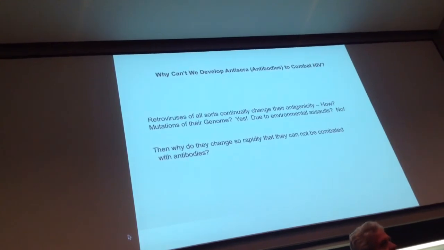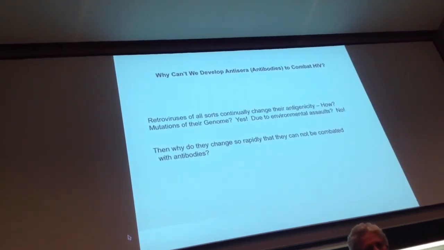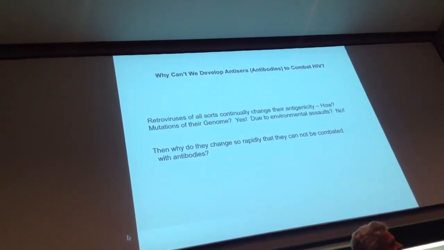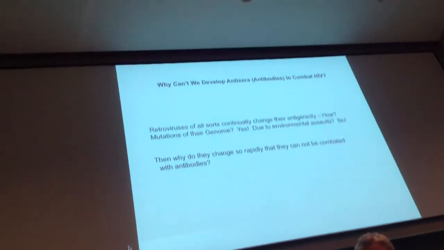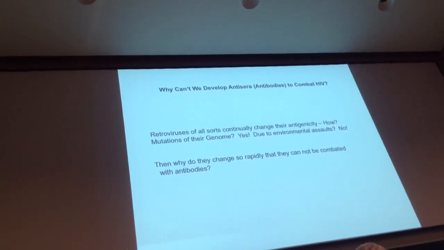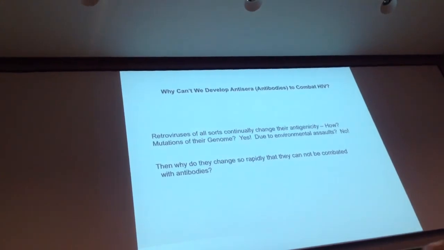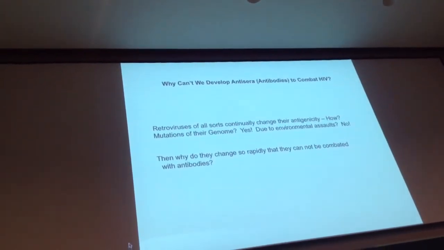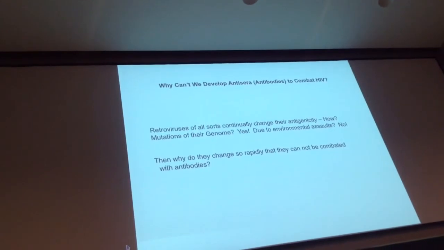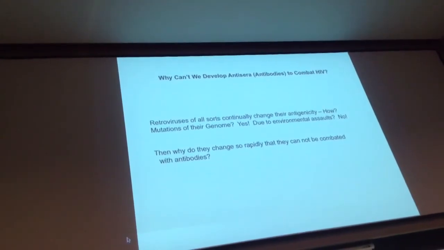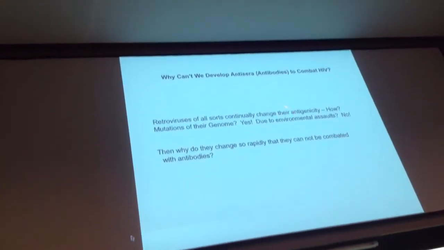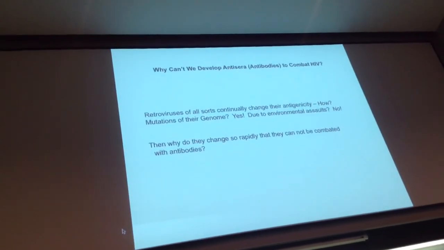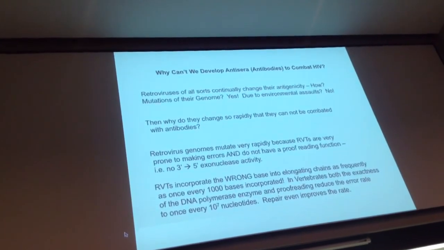So because of proofreading and how good the enzymes are, in E. coli they only make a mistake about once every 10 to the 7th base pairs, so that's more than the genome E. coli has, right? 3.3 times 10 to the 6th. So that means that some of the E. coli replicate without a mistake, no mutations. But some of them have one or two. But this guy makes a lot of them, okay? So here's the deal. Retrovirus genome